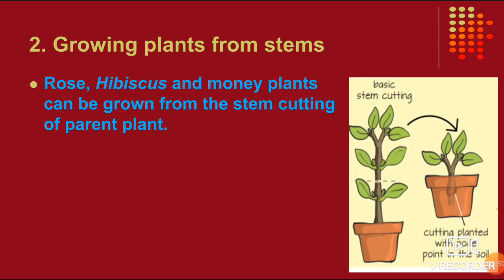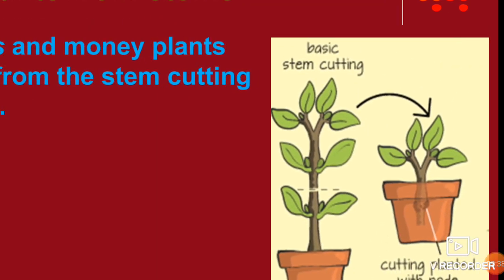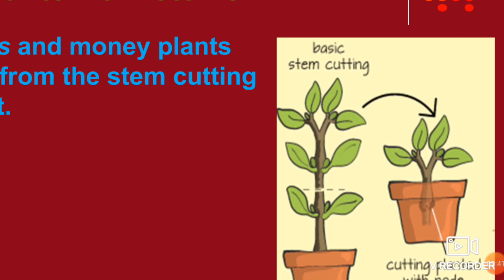Now another thing is how stems are helpful in producing new plants. Some examples are rose, hibiscus and money plant, which can be grown from the stem cutting of a parent plant. You may have done this before: you cut a hibiscus plant or a rose plant and pressed it into the soil, then gave it water, and after some days you saw new leaves coming and roots growing. In the same way, if you cut the money plant and hibiscus plant,